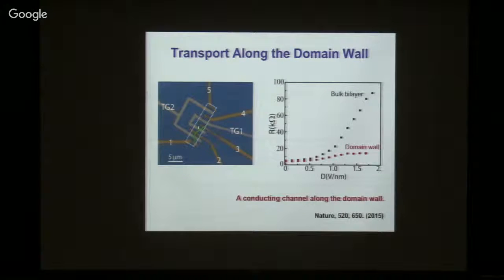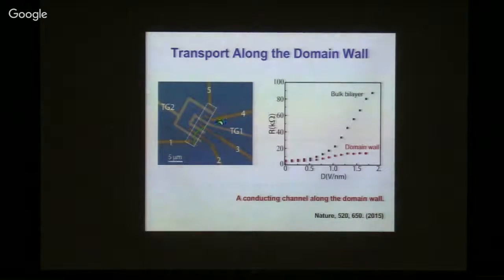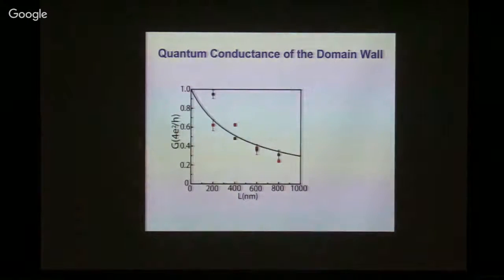To look at the conducting channel more, we can actually measure the conductance as a function of the length of the domain wall, which is simply defined by the width of the top gate. So here we show that the conductance all lies in the order of quantum conductance e squared over h, but it still has a finite length dependence. The overall length dependence can be described by the so-called Landauer formula. Basically, G equals a quantized value times length dependence.